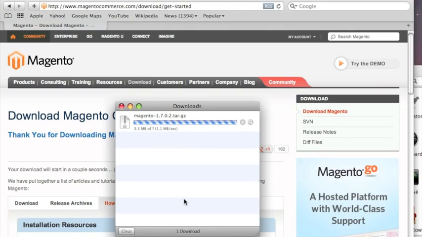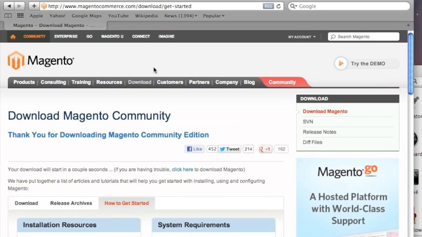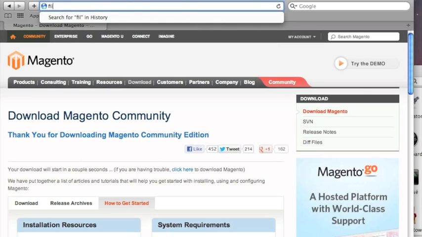Now, while this file downloads, we'll also need an FTP client, because if you try to upload the file through Godaddy's built-in FTP client, it times out since the file is so large. It's not really convenient for large files. So a free FTP client can be found at FileZilla